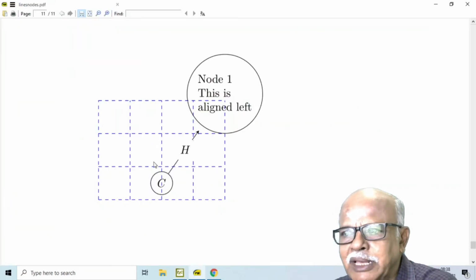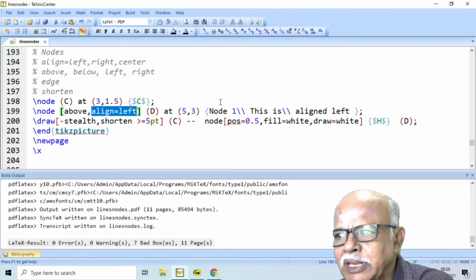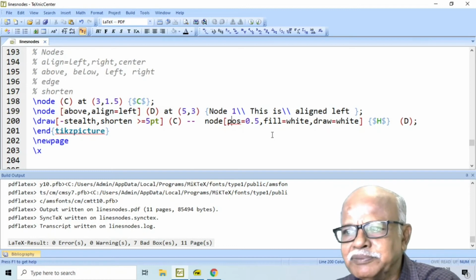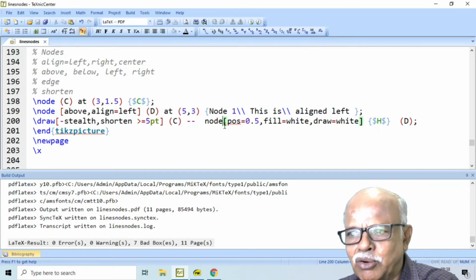Again, consider next case. I would like to place a node H in the line joining C to this node. Then what I can do is N dash here, and the node position is 0.5.